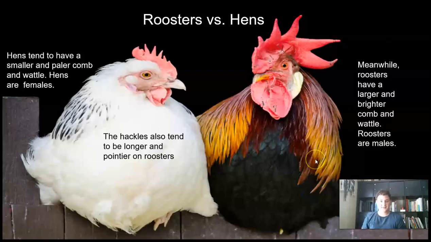So roosters versus hens. How can you tell the difference between a rooster and a hen? This picture is a good demonstration. The hen, which is the female chicken, is on the left and the rooster on the right. The hens have the smaller comb and wattle. If you'll remember from anatomy, that's the big red fleshy lobe parts on their head. Roosters have a larger and brighter comb and wattle. They also tend to be more colorful, and you can see the hackles, these neck feathers, are longer and pointier